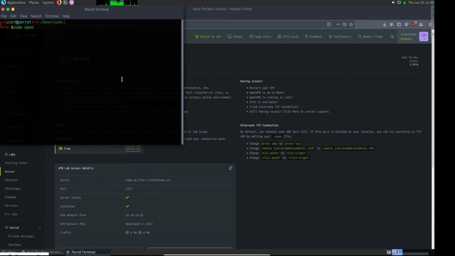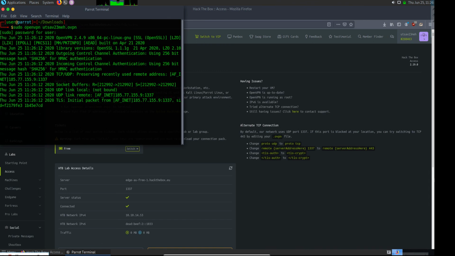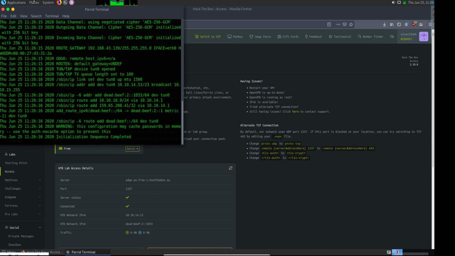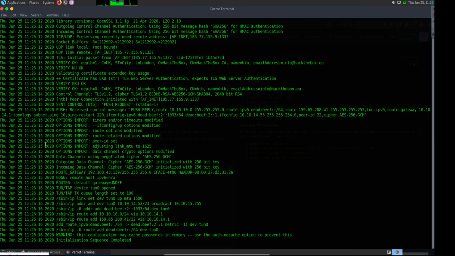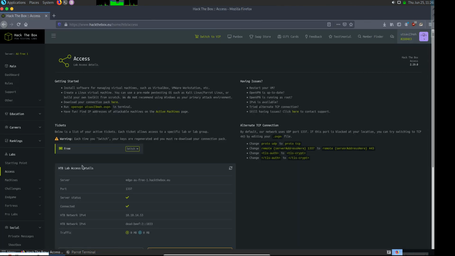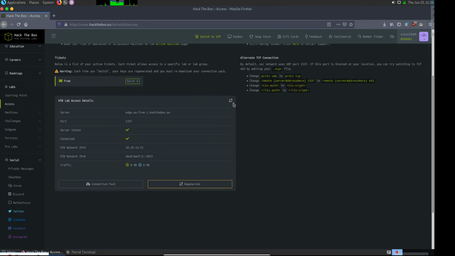openvpn with the file name, and here you have to enter the password. The default password for Parrot OS is toor, that is T-O-O-R. Now you can see our connection is initiated,